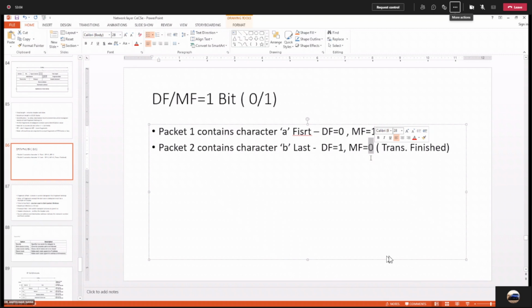And in the first packet, the more fragment bit is set to 1 because one more packet is still left, and that is packet number 2. So I hope you now have the idea about the more fragment and don't fragment fields.